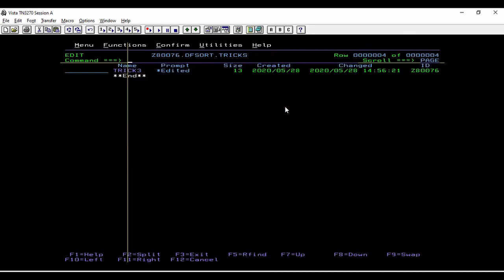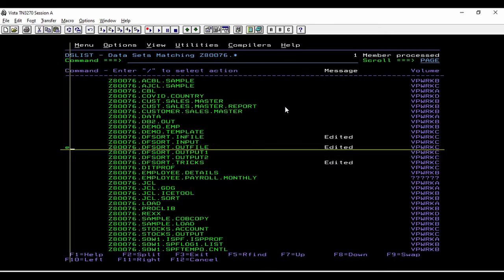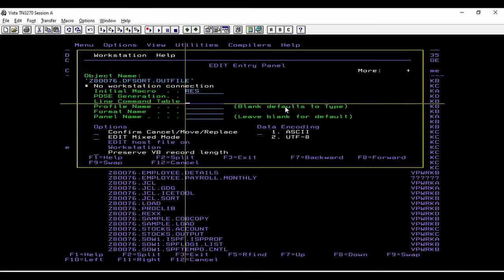Submission is successful with MAXCC 0. Let us check our output file. Before checking the output file, we know what we did in the JCL, that we identified the records which were starting with an invalid record name, starting with A instead of R. We identified these records using the omit command in our control CNTL card. Now using that CNTL card in the ICE tool control card, we'll omit those records.